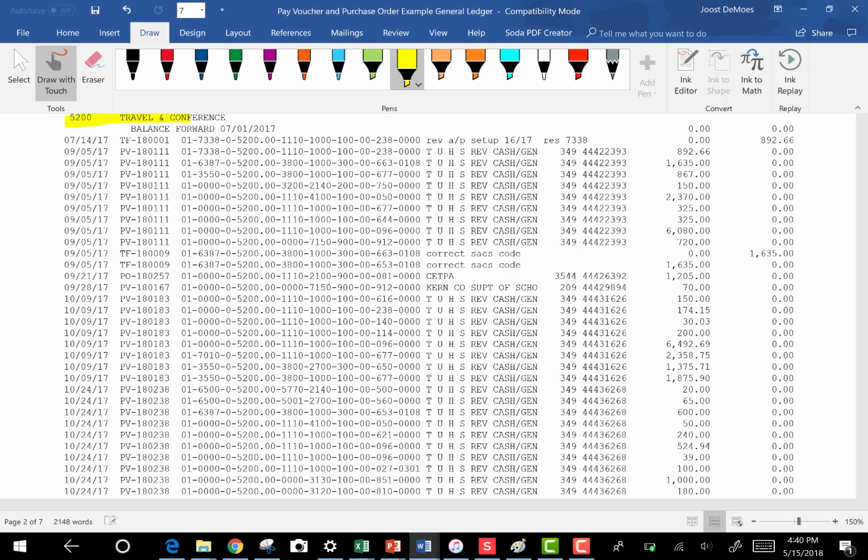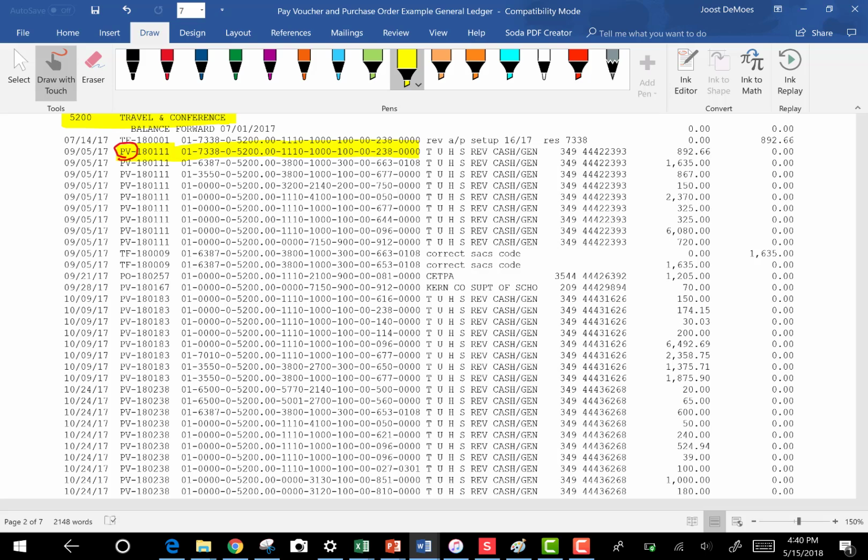This document is a screenshot of a travel and conference general ledger. We're going to highlight pay vouchers. Pay vouchers in a general ledger start with the initials PV. So we have PV right here for pay voucher. When we look at this pay voucher, as we go all the way across, we have this beautiful account string,